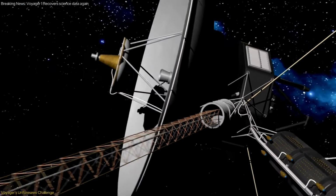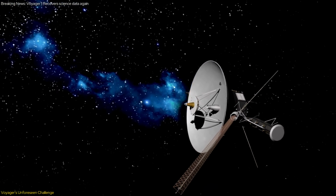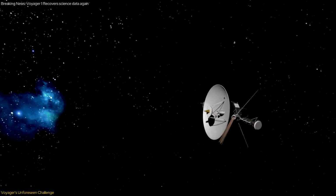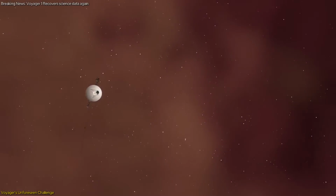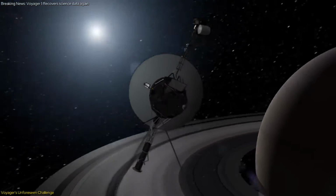In a surprising twist of fate, NASA's Voyager 1, a relic of 20th century technology, has encountered a critical issue that has the scientific community on edge. Launched in 1977, Voyager 1's journey into the unknown was nearly compromised recently when it began transmitting unreadable data back